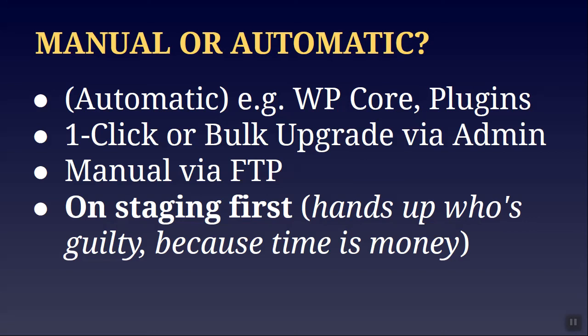The other alternative is that you do a one-click or a bulk click upgrade via the WordPress admin. You can even, if you didn't know, update plugins and themes with FTP. So you simply download the folder, upload it via FTP, and basically replace the plugin, and that would actually